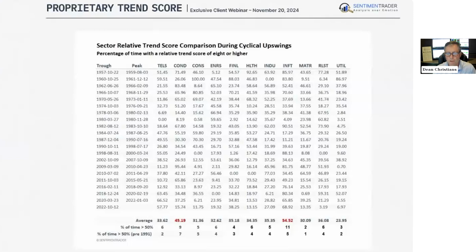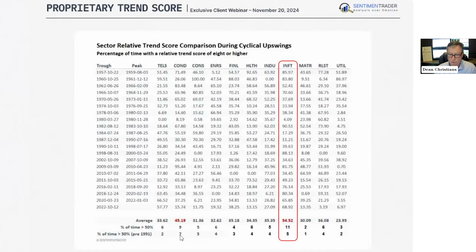These cyclical upswings occurred either after a bear market or a significant growth scare correction where the market was down 15, 20%. And what I wanted to show is what typically leads, what typically trends on a relative basis compared to the market. And so what we can see here is